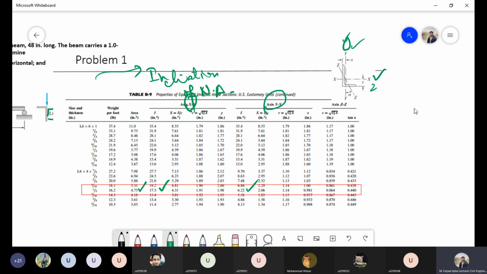And the next thing is there is an inclined axis, which is this z axis. Now this inclined axis, in every section table you will find this particular inclined axis. Now this inclined axis is your principal axis. Okay, so this is my principal axis, and in this table, if you see, it has provided me with this angle alpha, or the inclination of this inclined principal axis. So I know that from the section table, I can figure out what my inclination of the principal axis is,